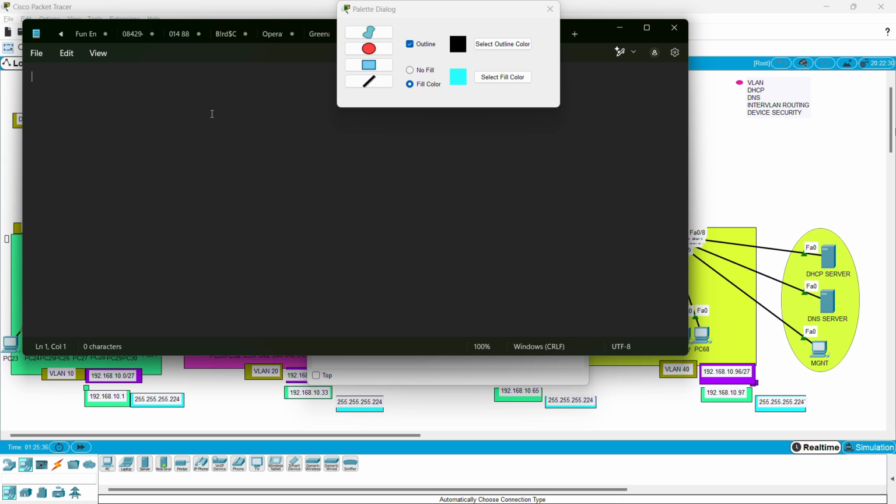We're just going to say interface VLAN 10 and then IP helper address 192.168.10.100. The IP address is going to be 192.168.10.1 255.255.255.224. I'm just going to copy this over and over and over